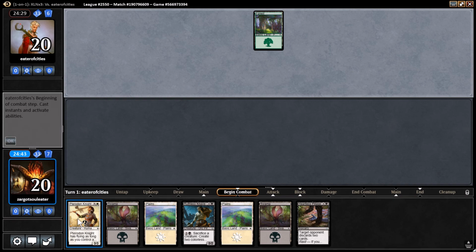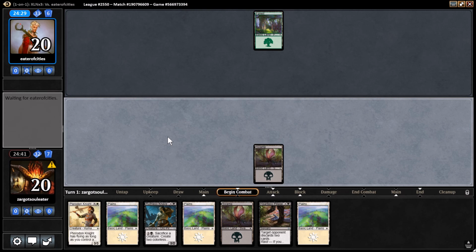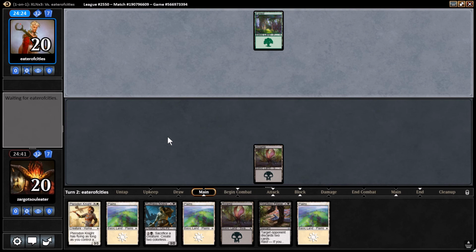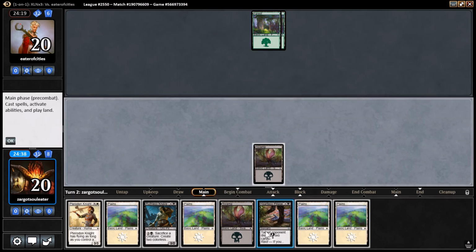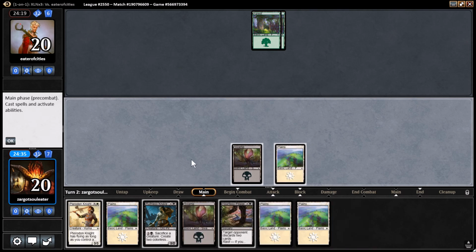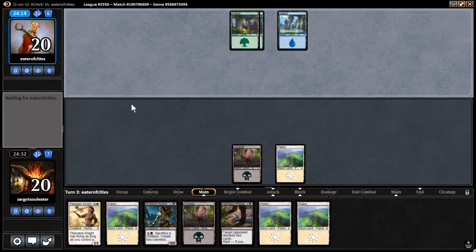Okay. See what we draw here. A little more land action. That's fine. Alright, opponent's on forest now. Okay, and we're flooding out a little bit here. That's alright. Okay, so our opponent's blue-green. Let's see if we're going to be playing against Merfolk or...